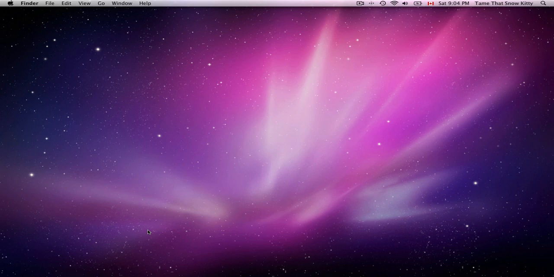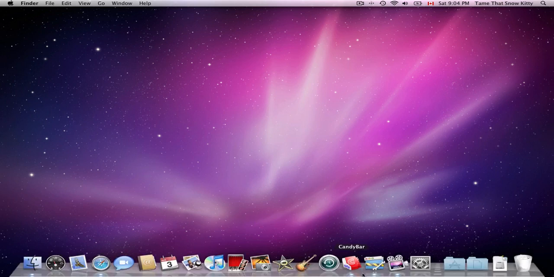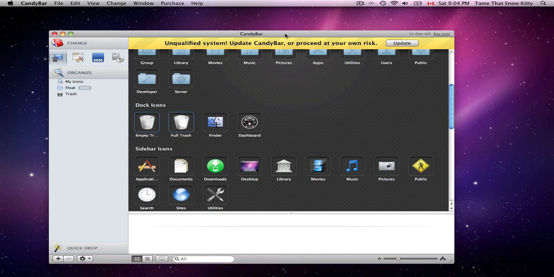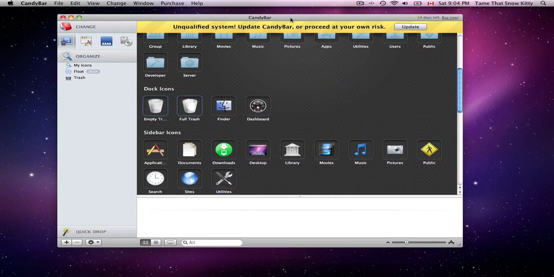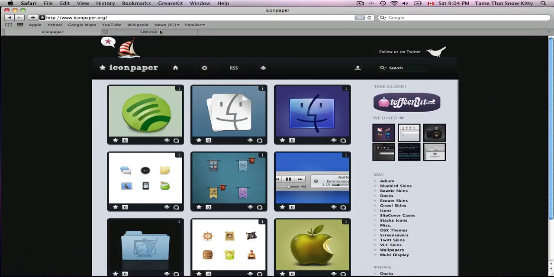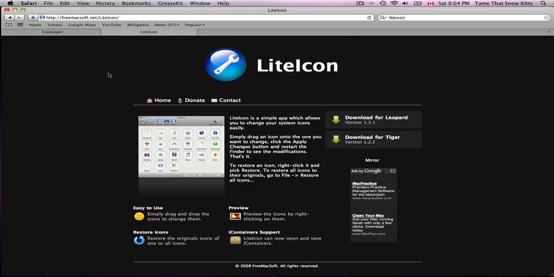So the first thing we're going to do is I'm going to show you how to theme files individually. So this is replacing icons or whatever. And the easiest way to do this is to download a program called Candy Bar. Now it's a paid program, but there's a trial version. If you like it a lot, you can buy it and continue to use it. I think it's like 20 bucks. Or there's another program called Light Icon, which is the same idea but doesn't have as much functionality. So anyways,